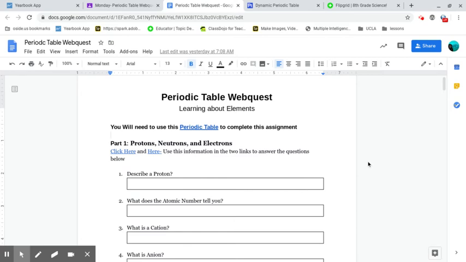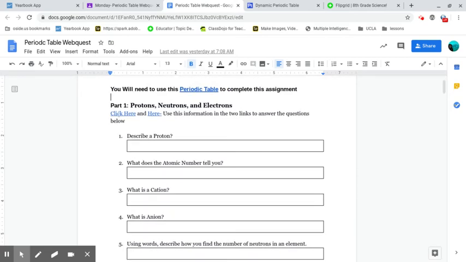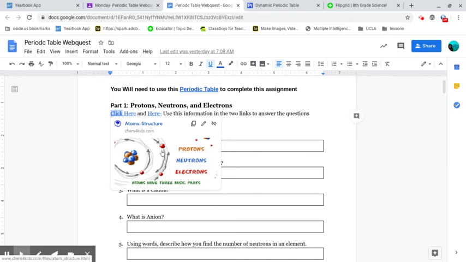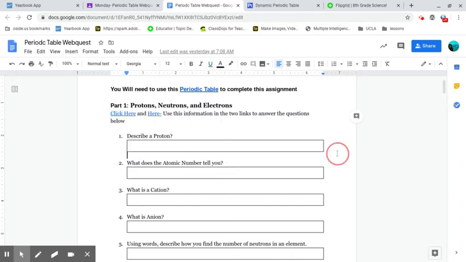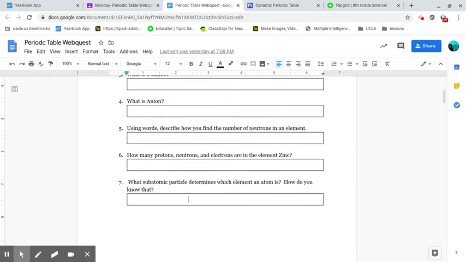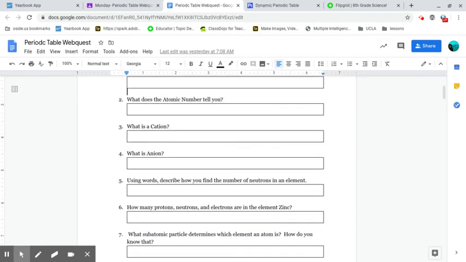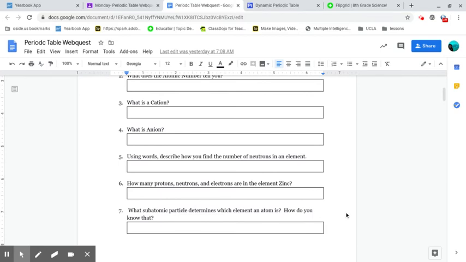So for part one, you're going to click on this link, and it's going to take you to a Chemistry for Kids website that's going to explain the basics of protons, neutrons, and electrons. And then after you're going to use that information to answer some of these questions, you're going to hit a point, probably right about here, and realize that you actually can't answer the questions just using